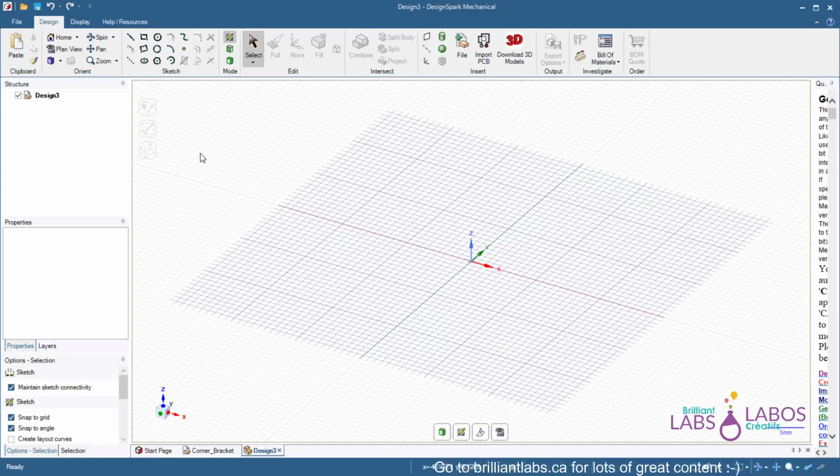So we're going to try to draw this bracket that I showed you, and I'm going to give you the measurements that we're going to use as we go along, and we're going to use a lot of keyboard entry to make this work as well. So there's a number of ways you could draw this. You could draw it with just lines. I'm actually going to start with a rectangle,